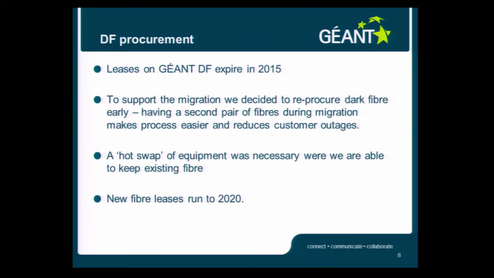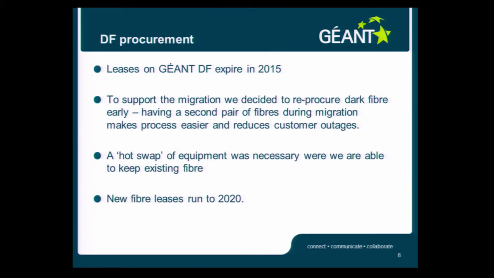So we're buying this new Infinera equipment which is going to run on this fiber we have, but the lease is expiring in 2015. So we wanted to make sure that we secure longer leases on the fibers before we deploy the new equipment. Plus we thought it would help if we could get new dark fiber routes so that we can run parallel fibers, install the Infinera kit, run the new fiber on them, and then get rid of the old equipment. This way we can keep the services running on the old kit until the new kit comes in.